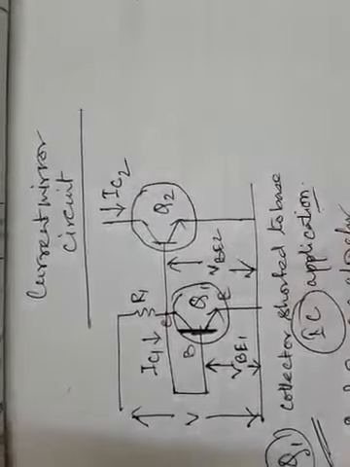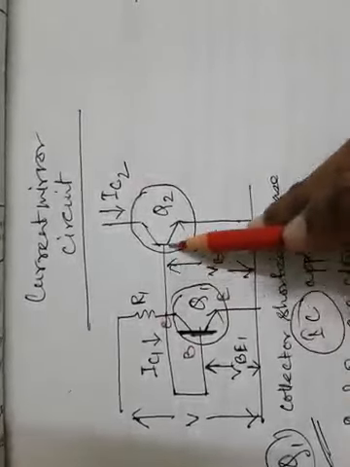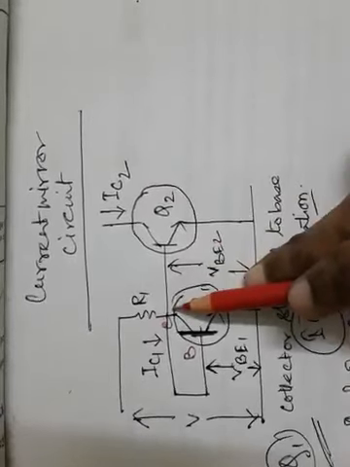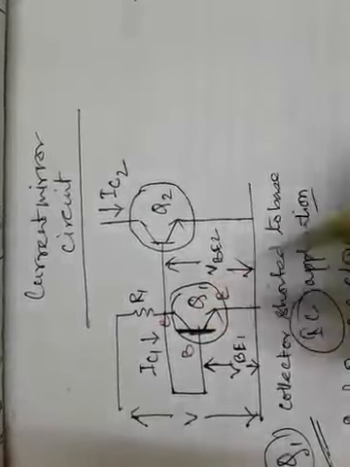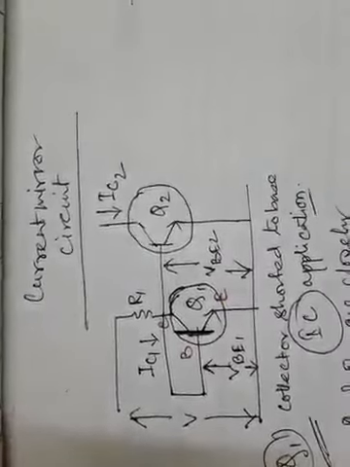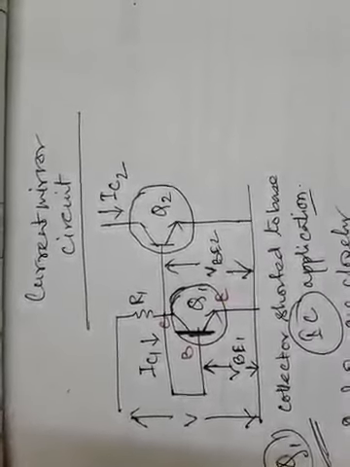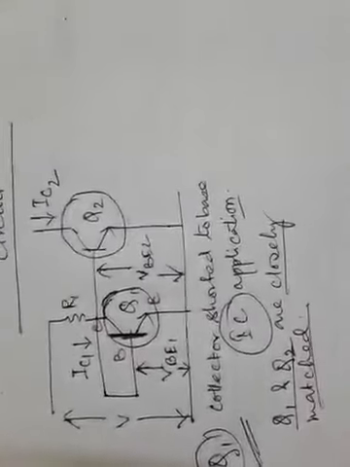And this IC2 can be called the output current of Q2, based on whatever it is getting at its input from the collector of the previous stage output, that means the output of Q1. So now, one important thing for this circuit is that Q1 and Q2 are closely matched.